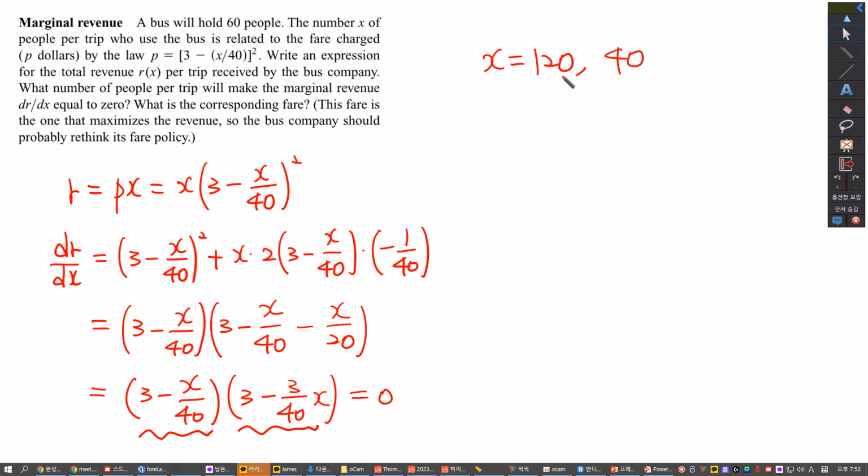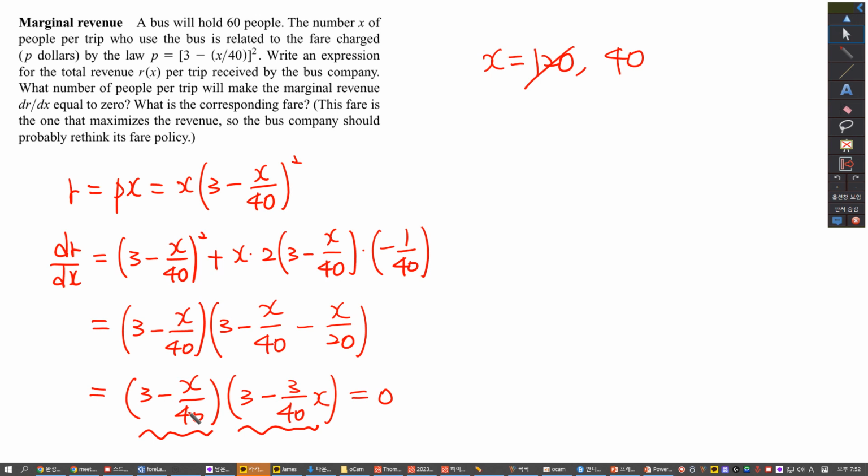So which value makes sense when the bus holds 60 people? 40. 120 is beyond the range. So this means when 40 people are on the bus, that will make this dr over dx 0, and